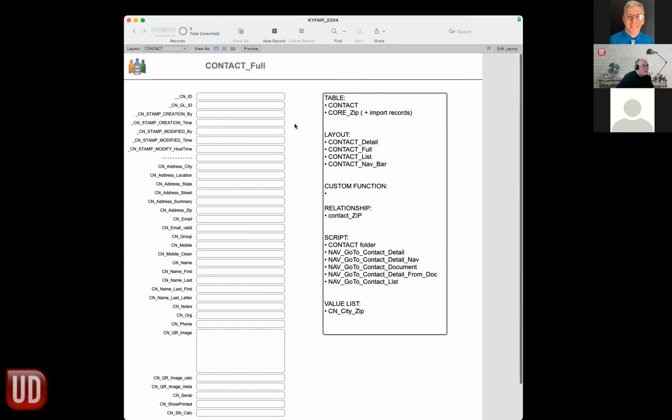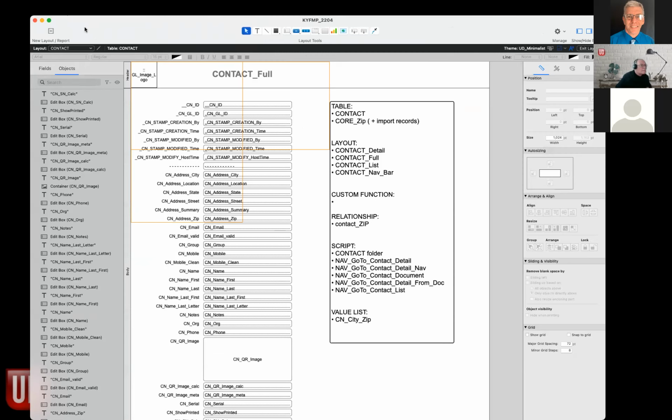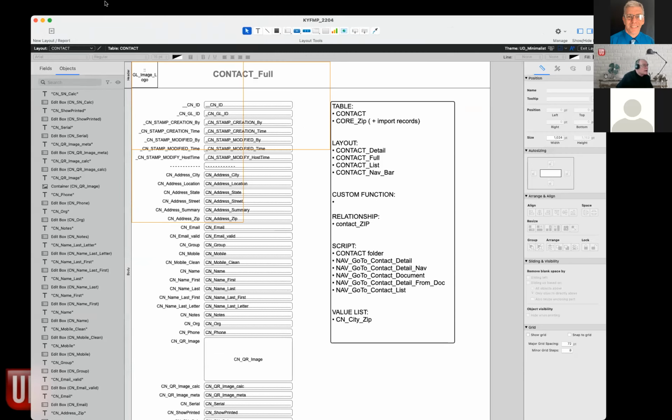So here's my basic core file. When I drop these in modularly, it tells me what also the other things I have to do to make this actually blend into the core file that I'm building with. What I normally like to do is I include a zip code file, so that when you type in a zip code, it automatically populates it through. But first thing we have to do is